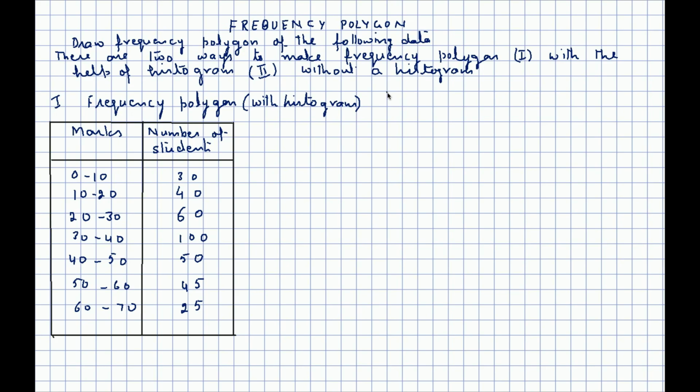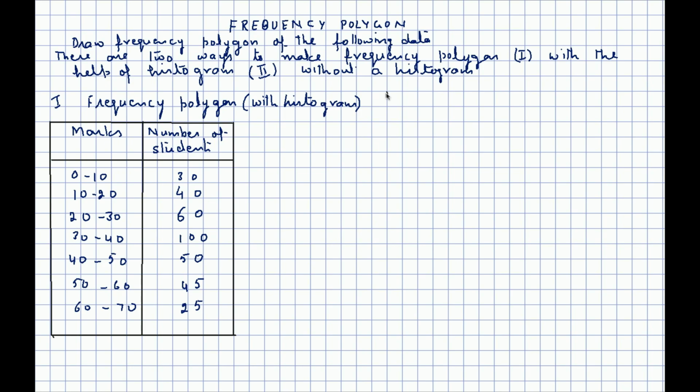That is, 30 students scored between 0 to 10, 40 students scored between 10 to 20, and so forth. Here please keep in mind that there is no need to separately calculate frequency density like we did in the previous example, because here the width of each class interval is the same. So even if we use the previous formula, that is basic class size divided by class interval into frequency, we know that the basic class size and class interval for each rectangle are the same, so they will cancel out. So the value of frequency here will be equal to the value of frequency density.